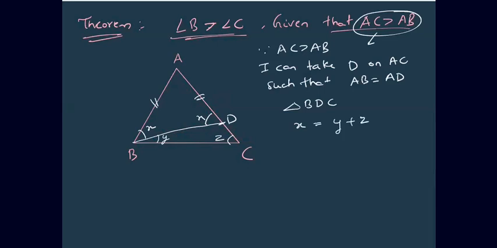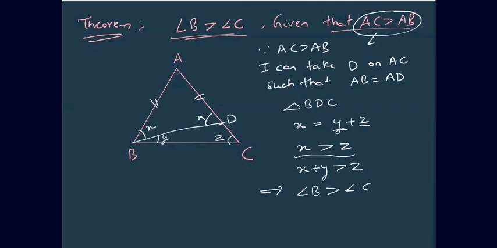So then I can say that angle X is definitely greater than angle Z, because angle X is Z plus something, so it is greater than Z. If X is greater than Z, then I can also say that X plus Y is greater than Z. So I can say that angle B is greater than angle C. Is this clear? So in a triangle, the angle which is opposite to the larger side is large compared to the angle which is opposite to the shorter side.